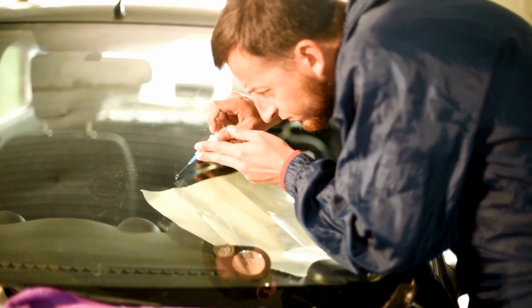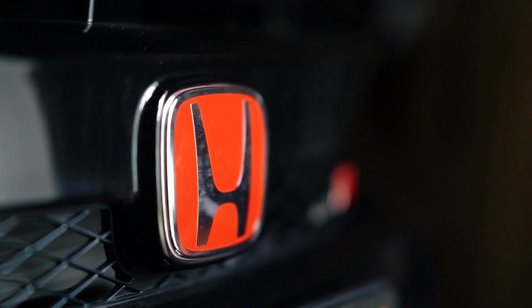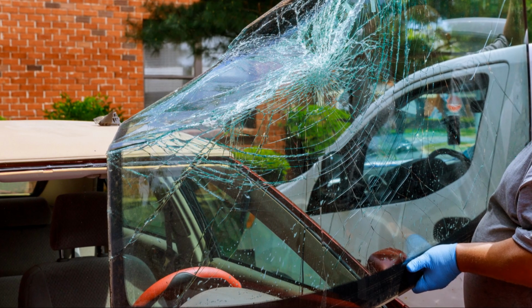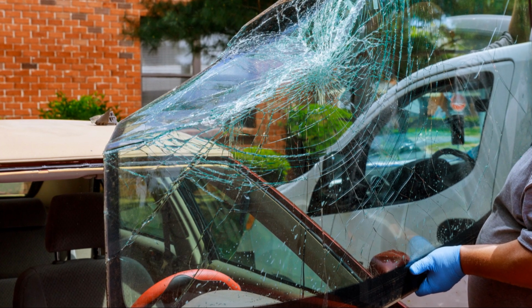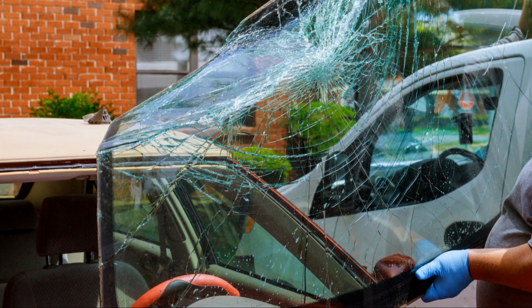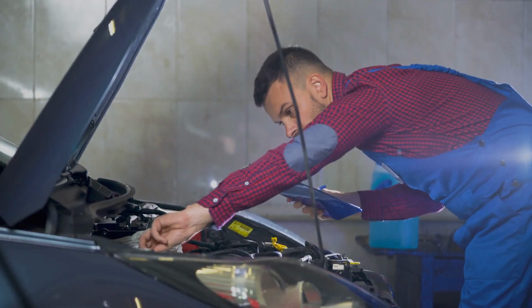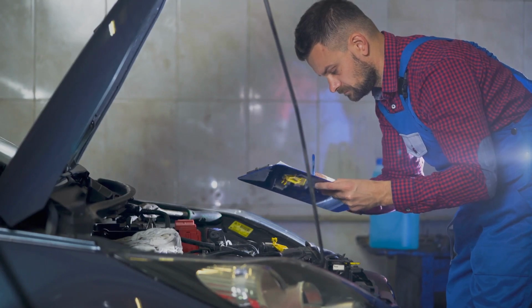Let's clear up some confusion and set the record straight about how Honda actually responded to this windshield leak issue. First off, there was no recall, meaning Honda wasn't required to fix every affected car for free, and owners didn't get an official notice in the mail. It also wasn't a technical service bulletin, or TSB, which would have given dealers a set repair procedure and clear